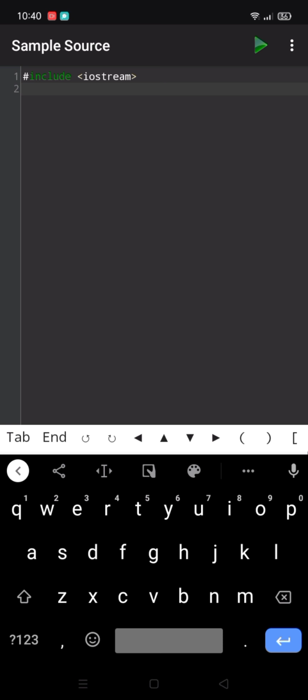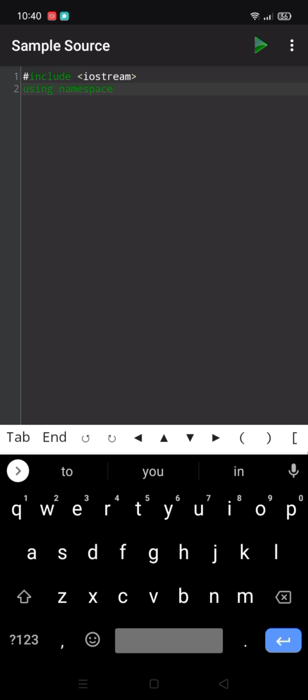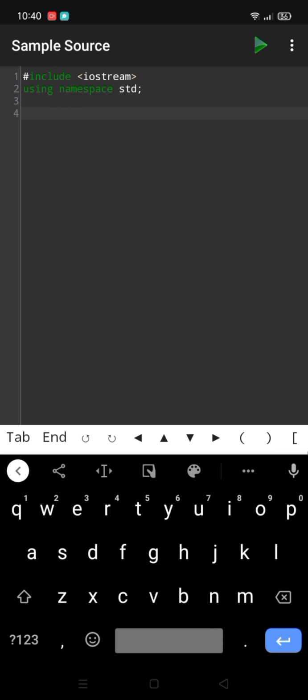And then using namespace std. Then we'll put a semicolon. Then we should write the